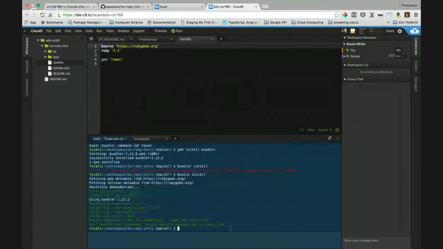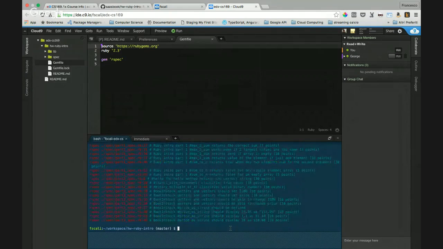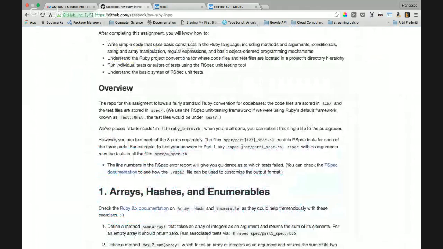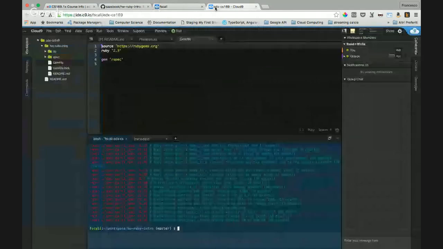And we've got rspec. So I call rspec now. Will it work? Yeah. Everything failed. You can give rspec an argument so that we run only the spec for the first function. This spec part 1 spec RB. It should be this one. So if I launch rspec,